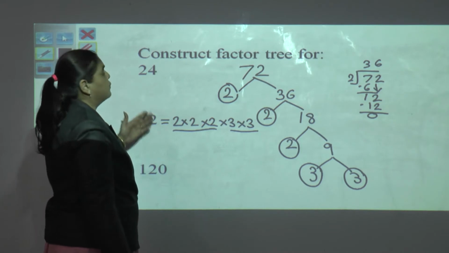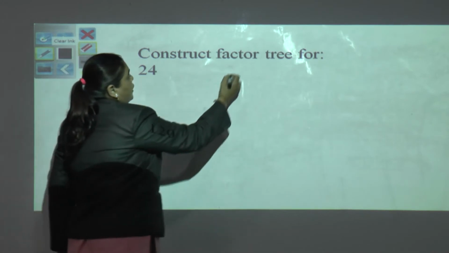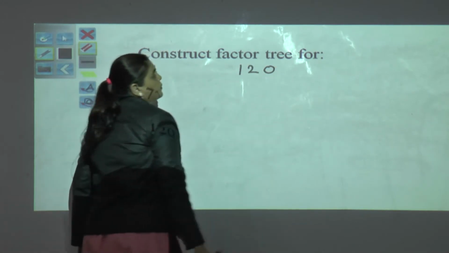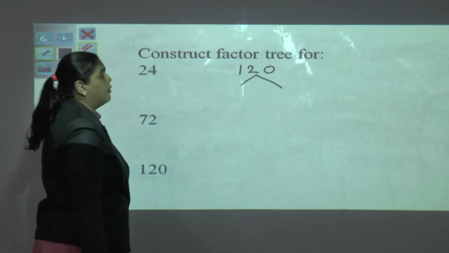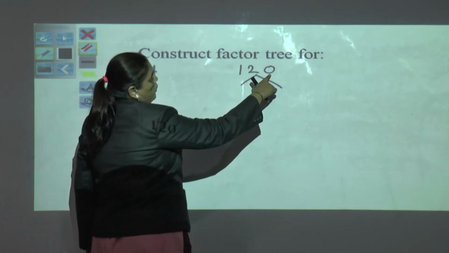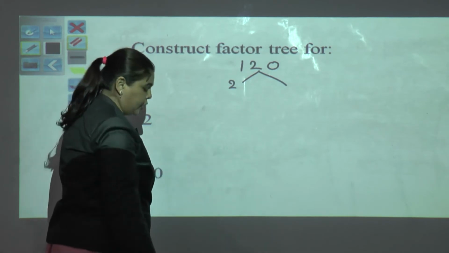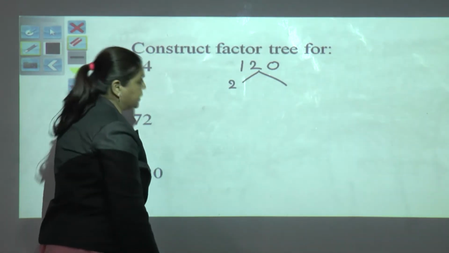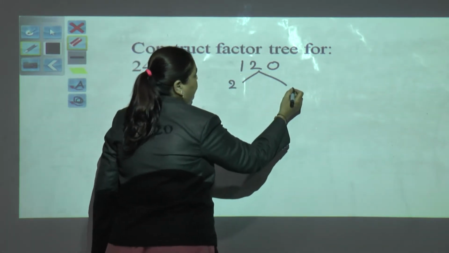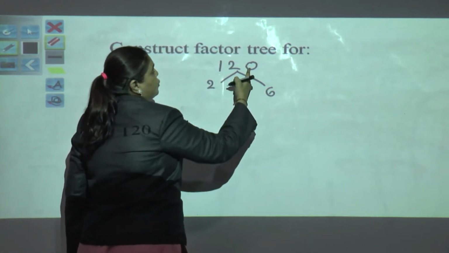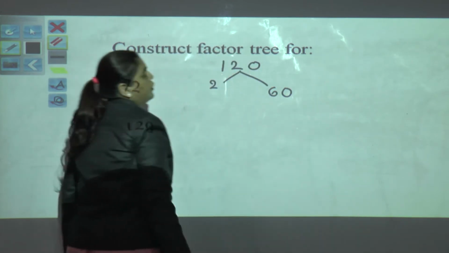This is with a somewhat higher digit than that of 24. We will go for a 3 digit number, that is 120. Again we have to go for the factor tree method. So again we will have a bifurcation. Again we have an even number here, so we will go for 2. Small trick, smart work you have to do here, because it's very easy. When you recite the 2 table, we get 12. 2 6s are 12 and 2 zeros are 0. You can write here directly. No need for going the long division.